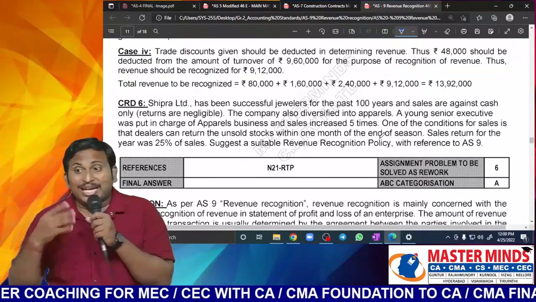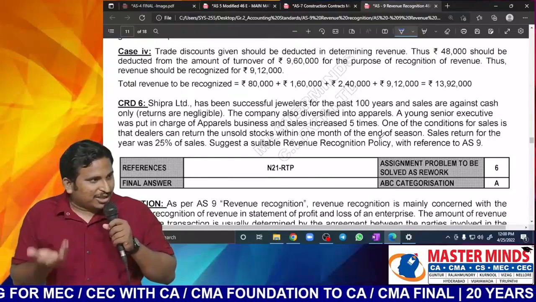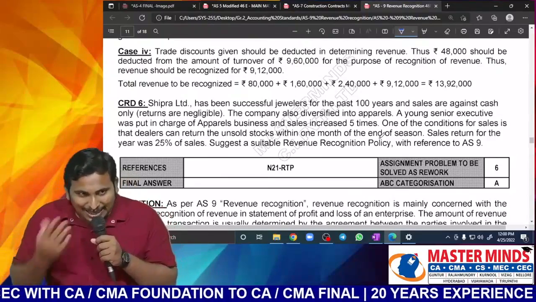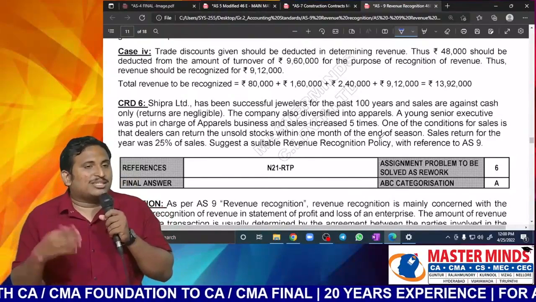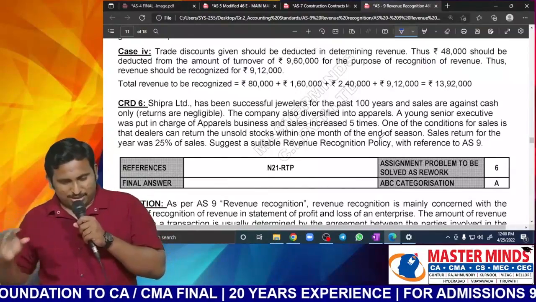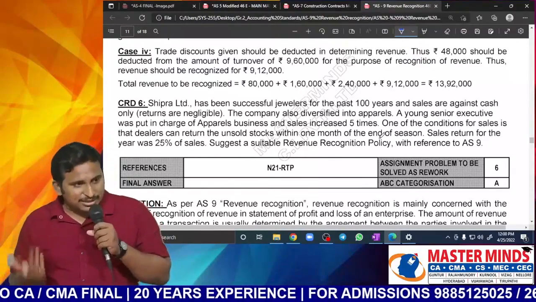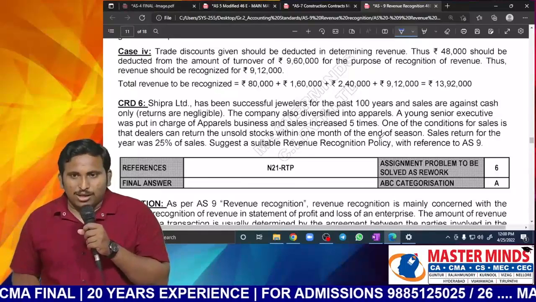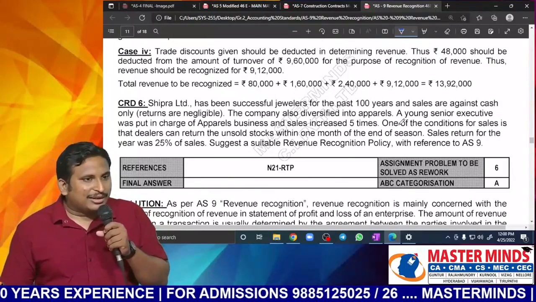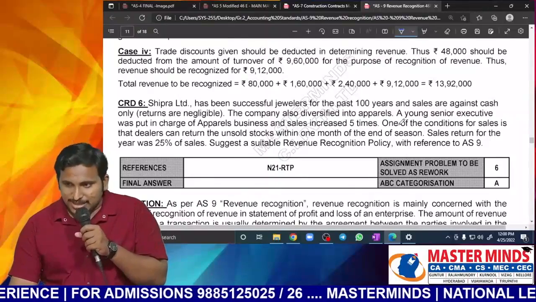If I talk about a consignee agent, I think there is no limitation for him. If he is able to sell, he will keep it with him. Otherwise, he will return. But with such types of intermediaries who are just called distributors, they'll just distribute that, sir. In such a case, if at all a limited period of return is given, then unless that return period is completed, we cannot actually know how much sales is done.